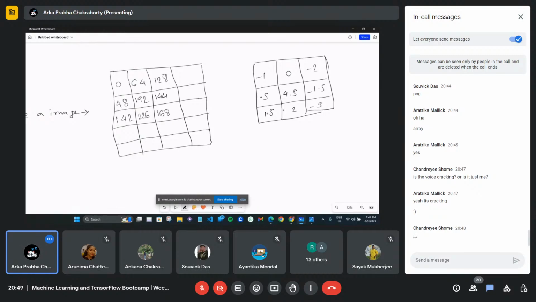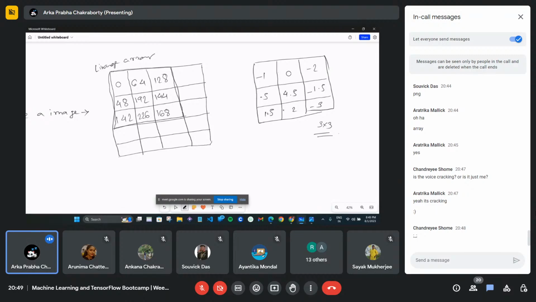For now, we have to apply this filter. This is my 3 cross 3 filter, the 3 cross 3 matrix, and this is my image array. We have to apply this filter onto a 3 cross 3 part of the image.